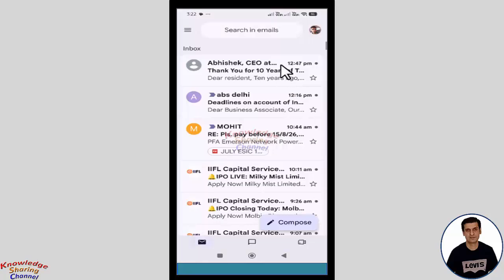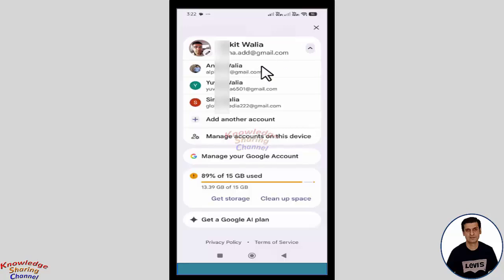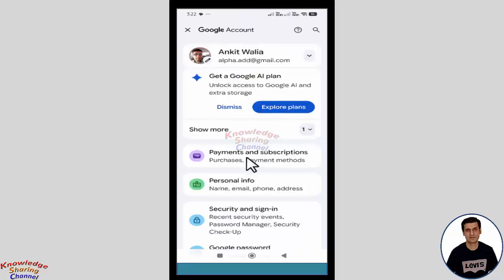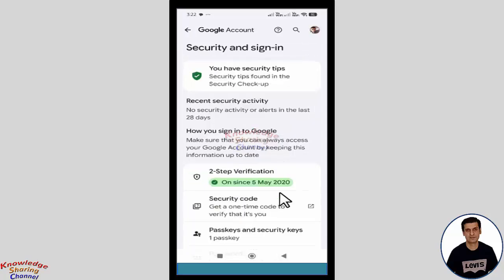Now here you need to press on the profile picture. Now here press on manage your Google account. Now here press on security and sign in. Now here scroll it little down